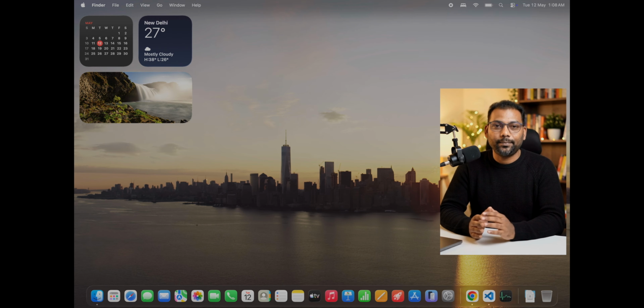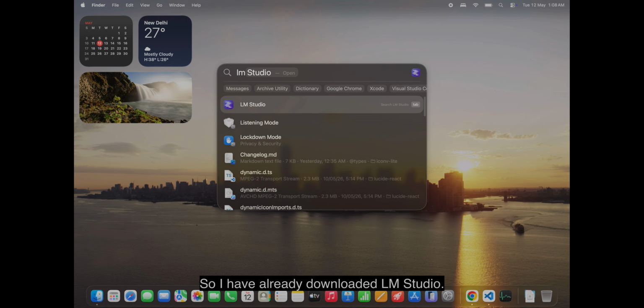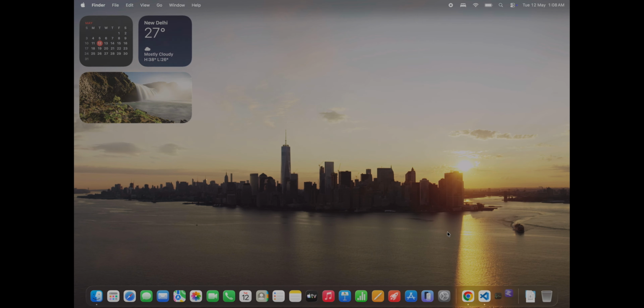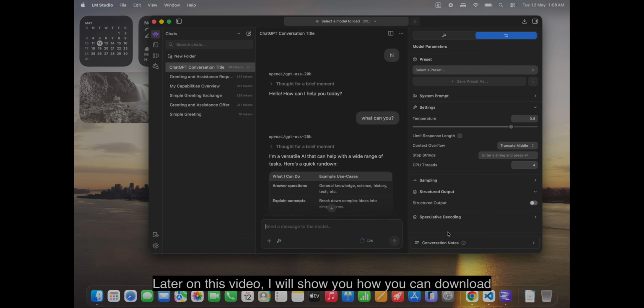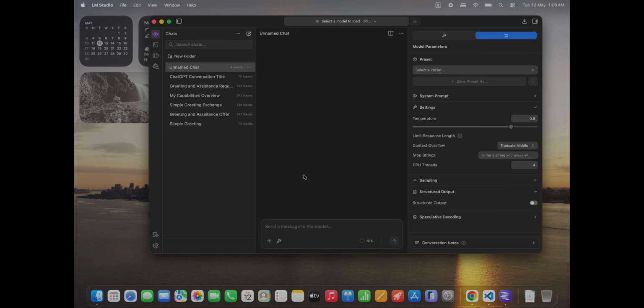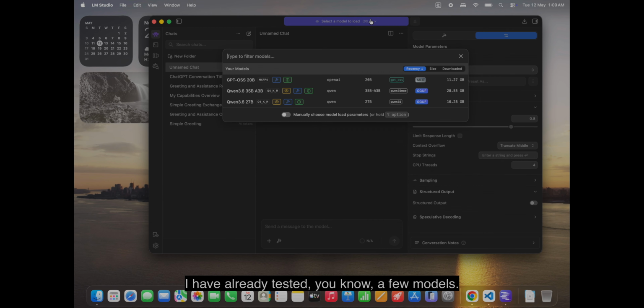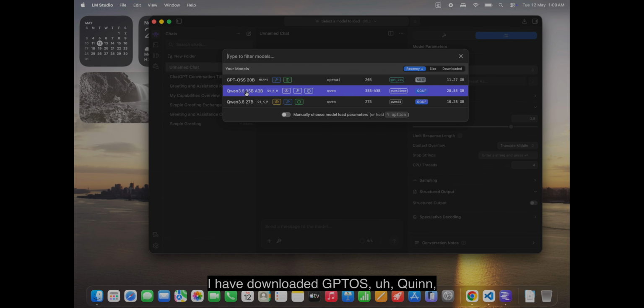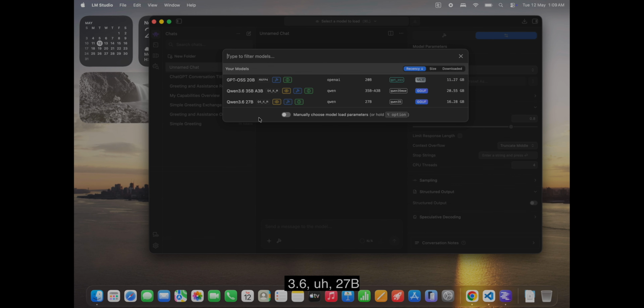Let's get started. So I have already downloaded LM Studio. Later in this video, I will show you how you can download it and from where you can download it. So this is the interface of LM Studio. You can see I have already tested a few models. I have downloaded GPT-OSS, Qwen 3.6,